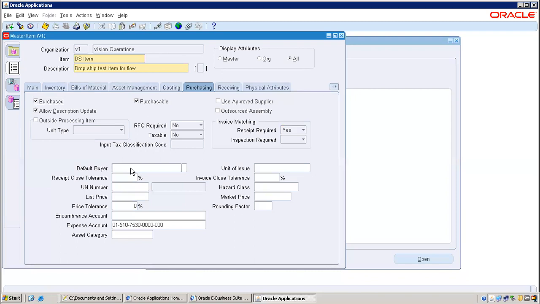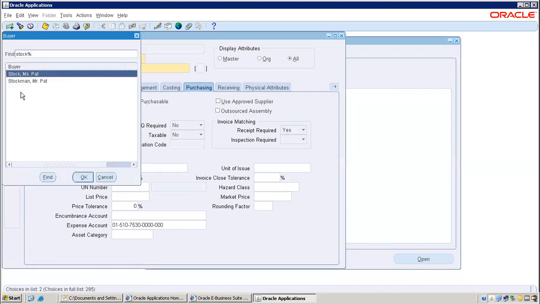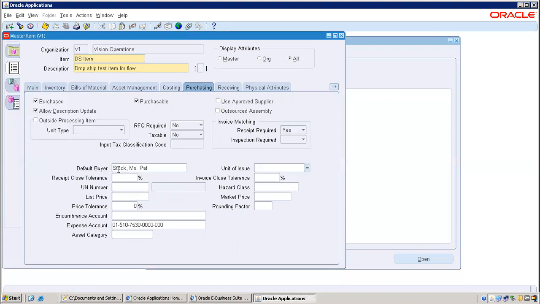Now default buyer is really required here. If you are working in operations welcome, you can use this. If you are working in another user, you may need to add your own buyer. So if you are working from operations welcome only, you need to add this. Otherwise, you have to identify that buyer and add personal buyers. You have to add the buyer here.